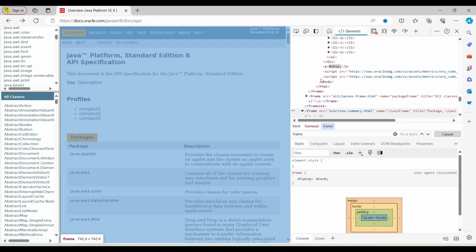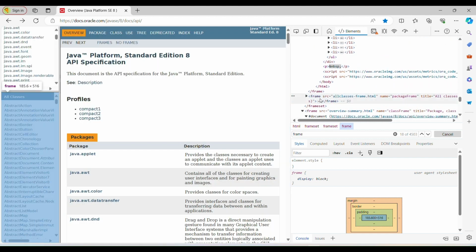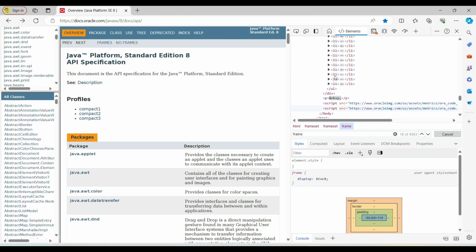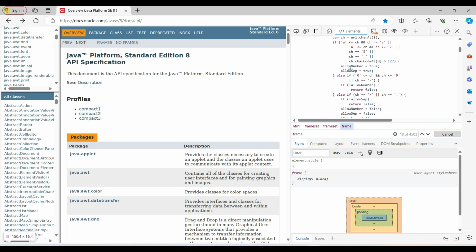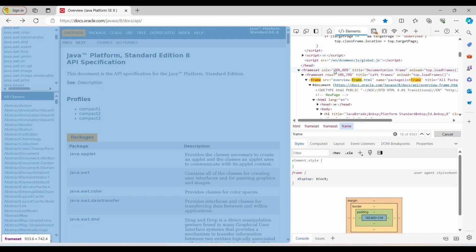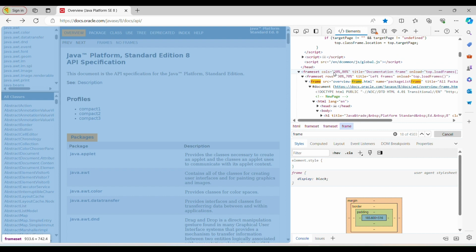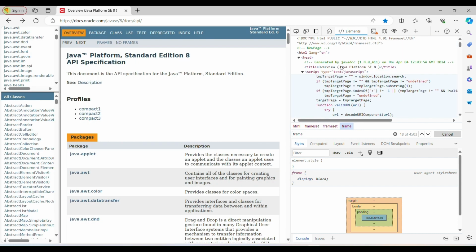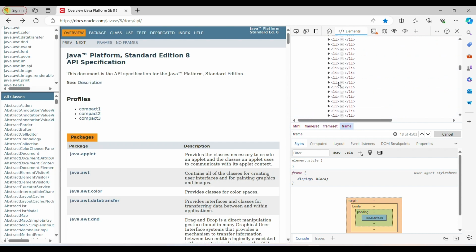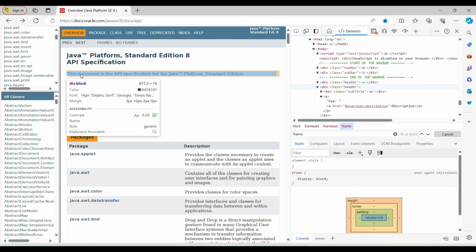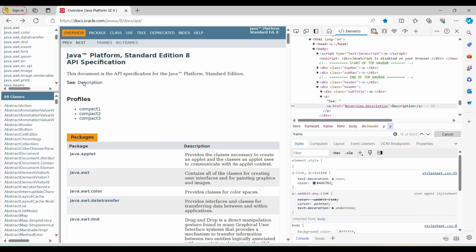If you check another, see, this is another frame. If you want to select all these classes, these come under a different frame. And there is another frame also for these values. When you scroll up and check, there will be another frame also. This way you can check in your page if frames are available or not.